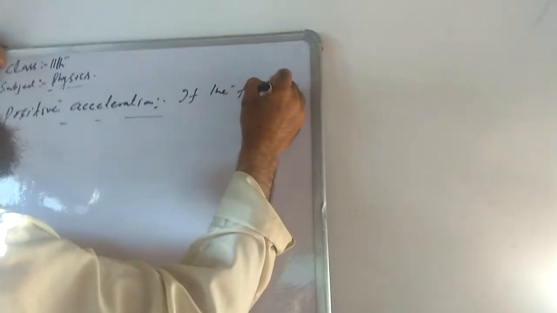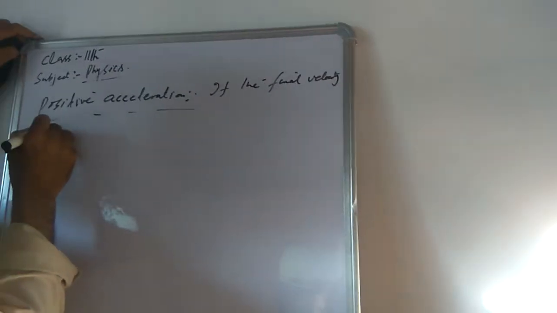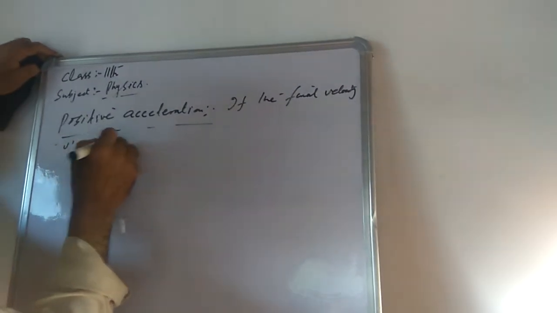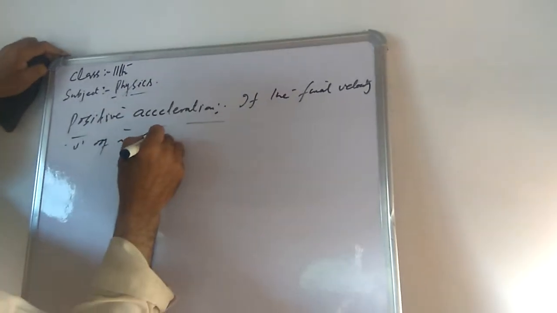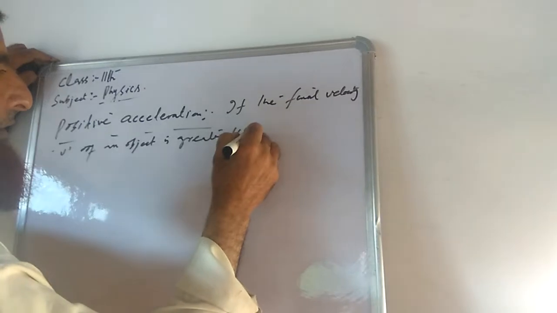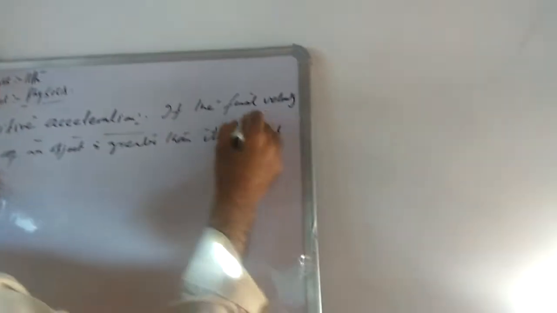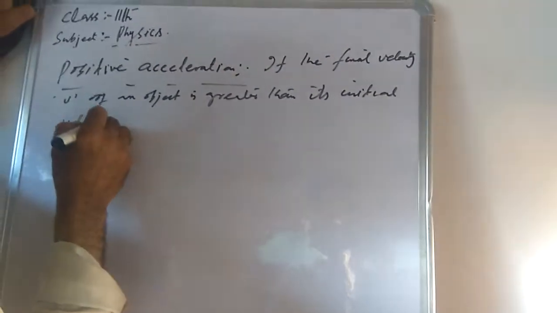If the final velocity v of an object is greater than its initial velocity u,